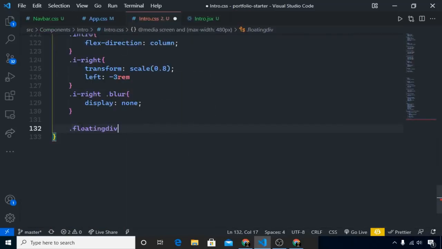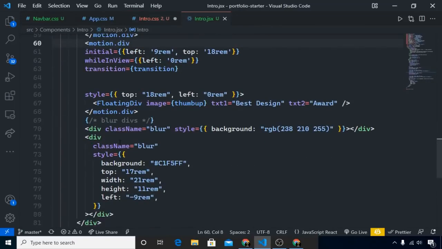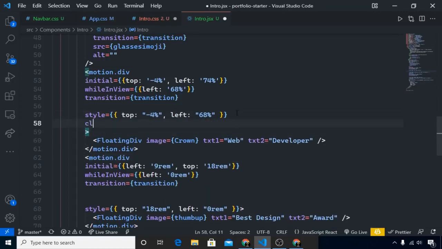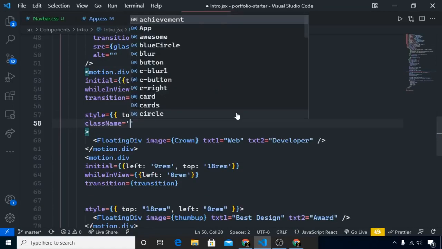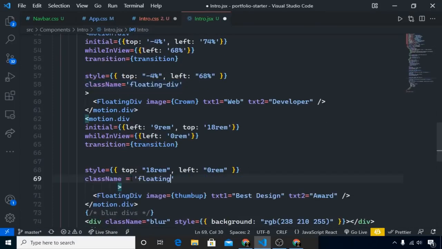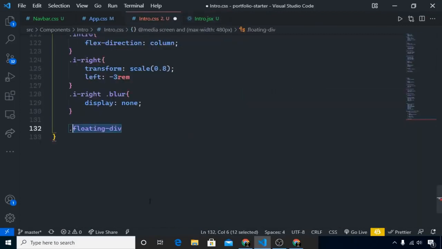So because we don't have any floating div class, let's make it. First I will just copy this one, and then in intro.jsx, for the parent div of our floating divs, I will make it a class name. Its class name will be this one, floating div, and similarly for the second one. Okay, let's format the code. Now save, and in the CSS I will say